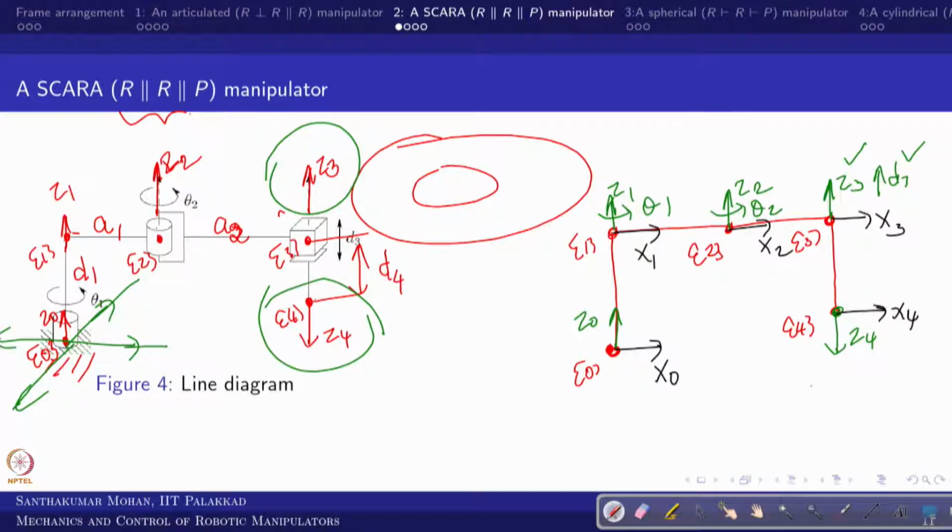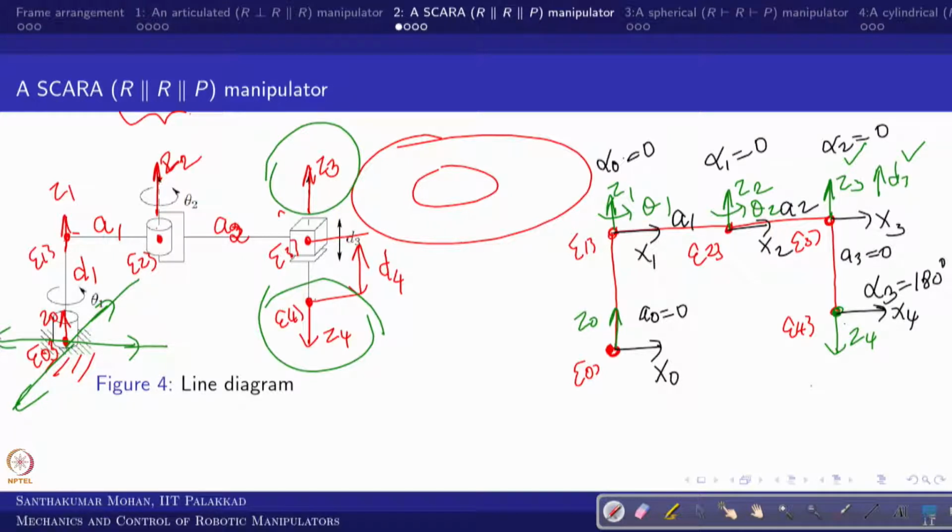So the DH parameters in this case: no rotation except at this point. So alpha, you can say 4 minus 3, which is 3, which is 180 degrees. For the remaining cases, alpha 2 is 0, alpha 1 is 0 and alpha 0 is 0, right. And when you talk about the A distance, A0 is 0 and A1 is this, right. This is A2 and A3 is 0, right.